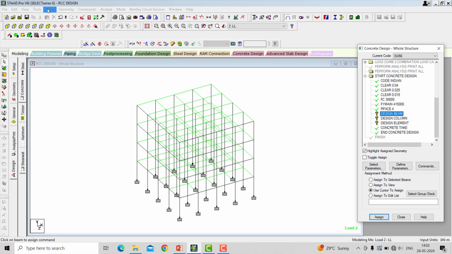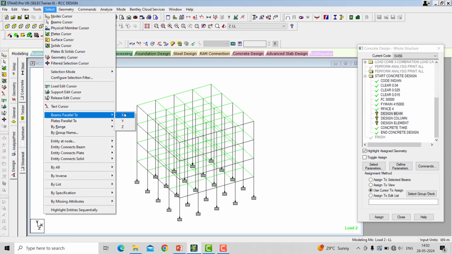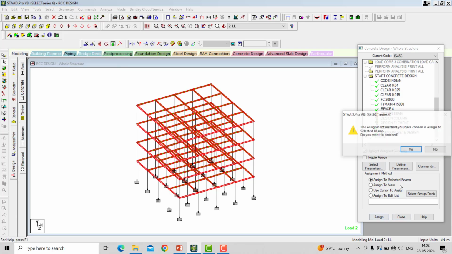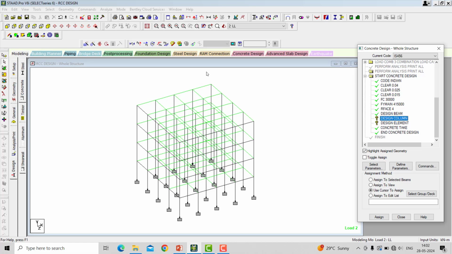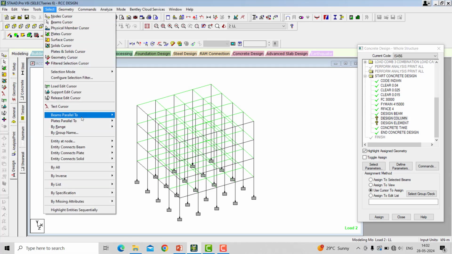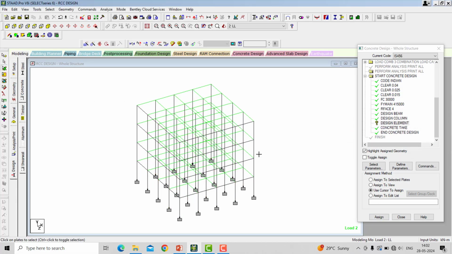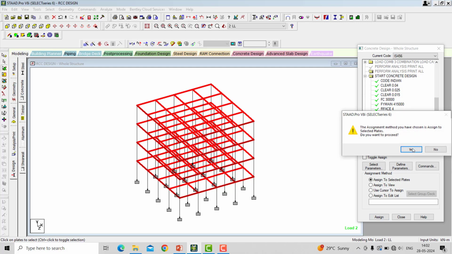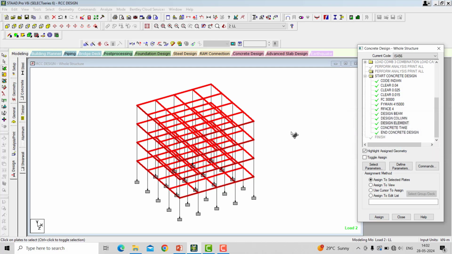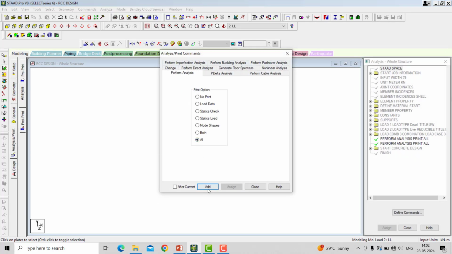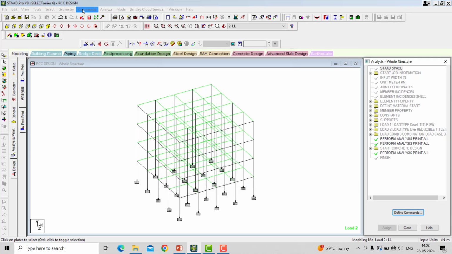For the beam we have to apply, select beams parallel to X, select beams parallel to Z and then assign. For the column, select beams parallel to Y, those are the columns. For the element, with the help of the plate cursor, select the plate. Done.